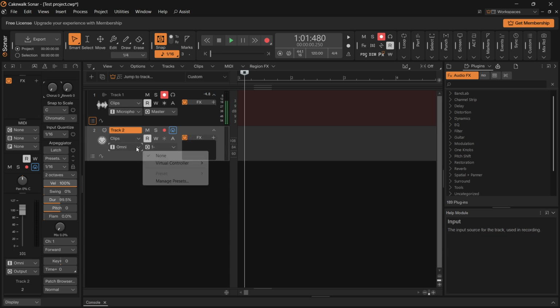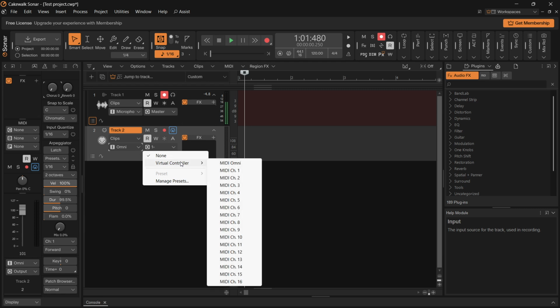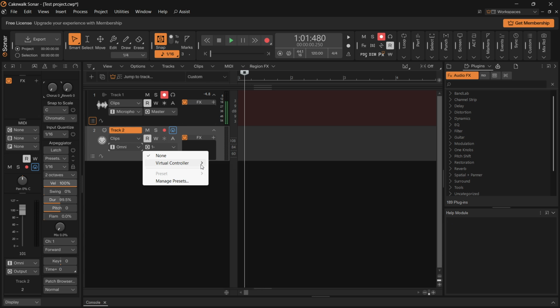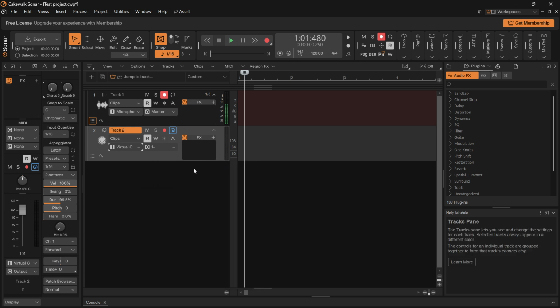And from here where you can see the input, you want to find your MIDI keyboard. Now, for me, I don't actually have one, so I'm going to use the virtual controller, and I'm just going to go with this MIDI Omni over here. Now, whenever you've done this, you can just go ahead and record on this. So click on record on, and you can then go and just start recording and playing your MIDI,